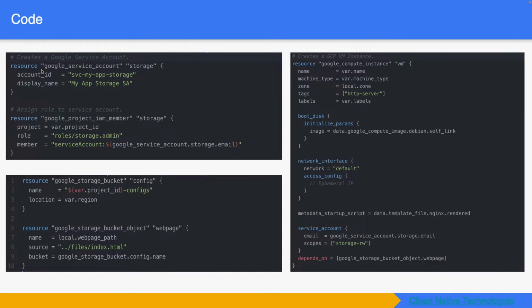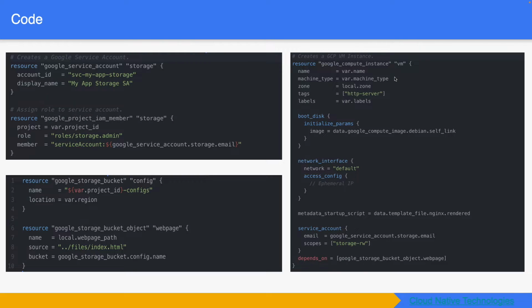So for example, as you need a storage bucket, you would be defining a storage related component, and you need a service account. So you are defining the service account related configuration. And also we need a VM instance, so we are defining a Google Compute instance resource to create a VM. So we have defined a Terraform code which creates a VM instance using the Google Compute instance resource,